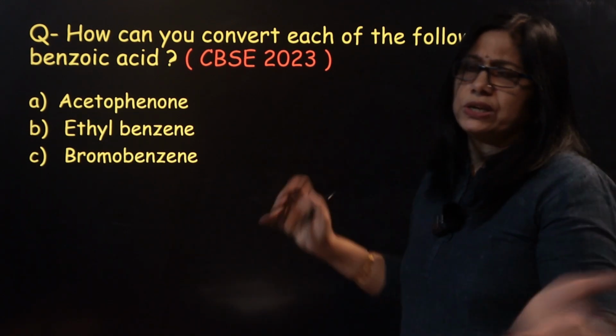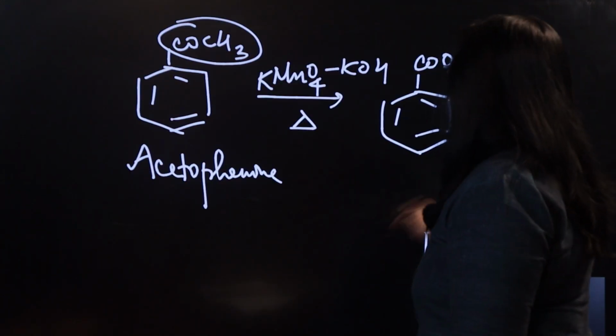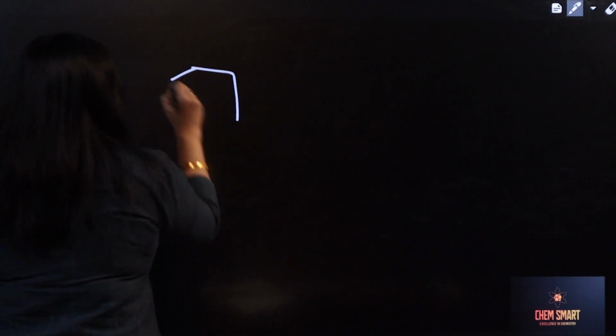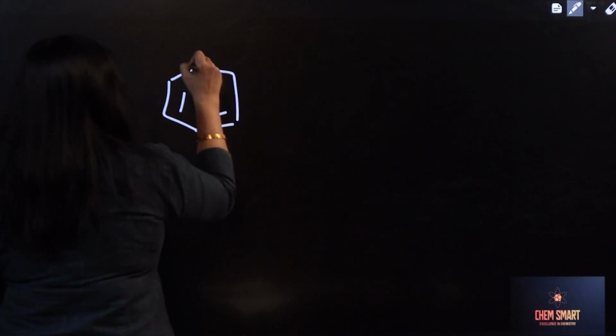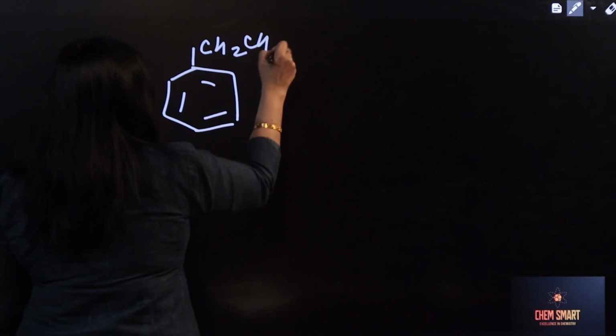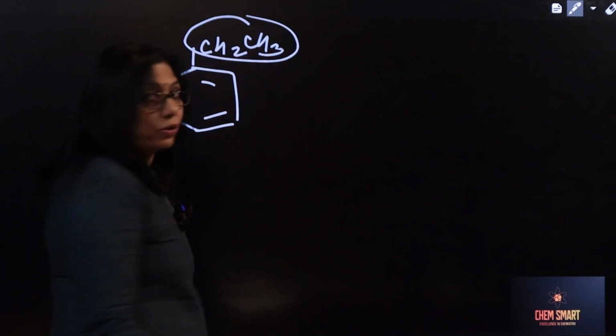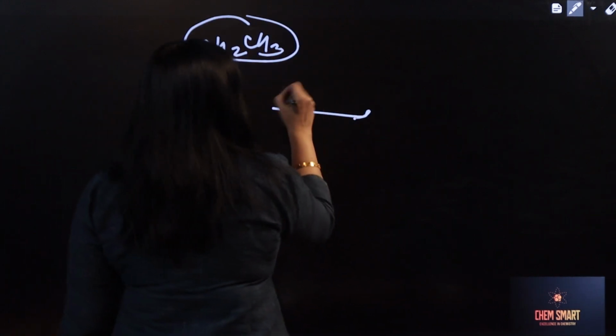Same thing. Because it is also side chain oxidation. I don't know why the concept is repeated, but it was how the question was given. Ethyl benzene, same thing. You are going to do the side chain oxidation. Same thing, KMnO4,